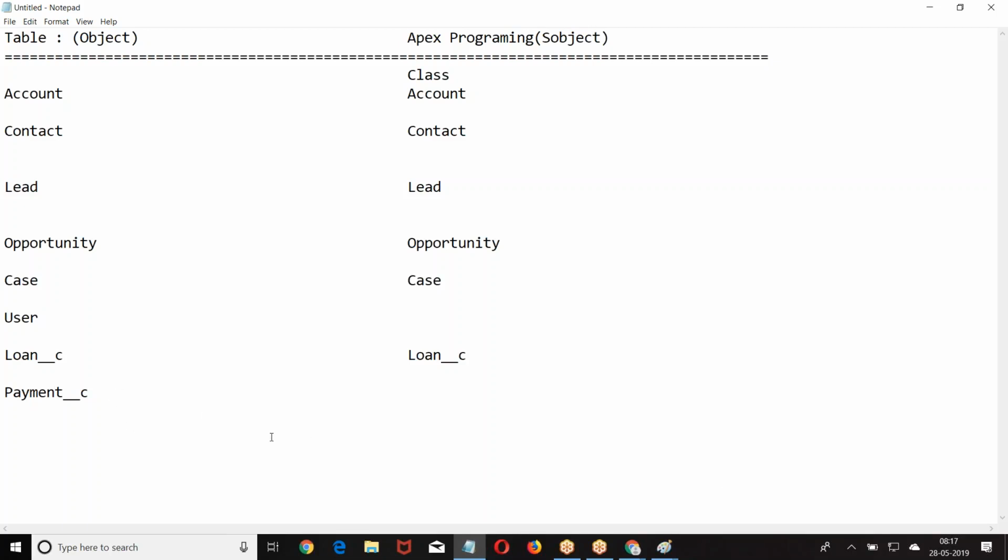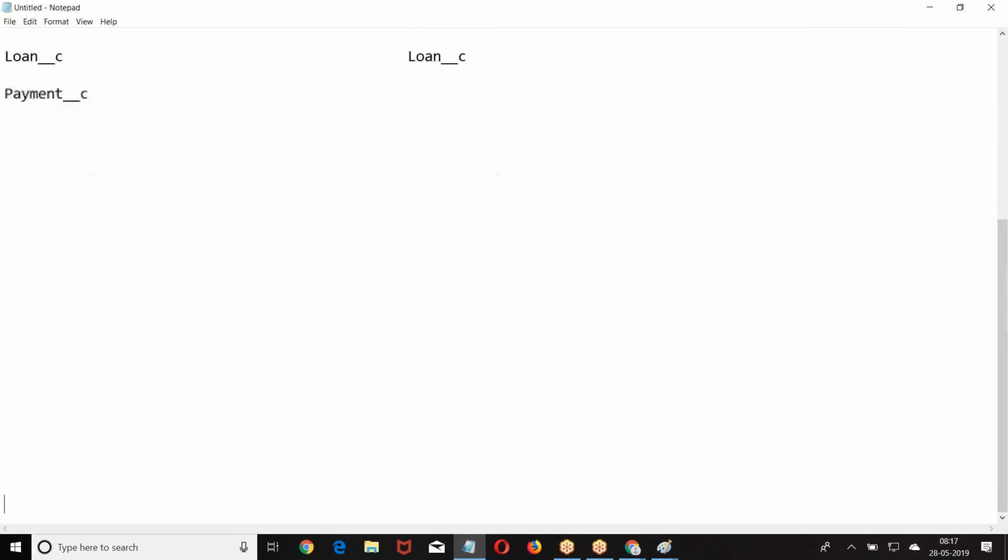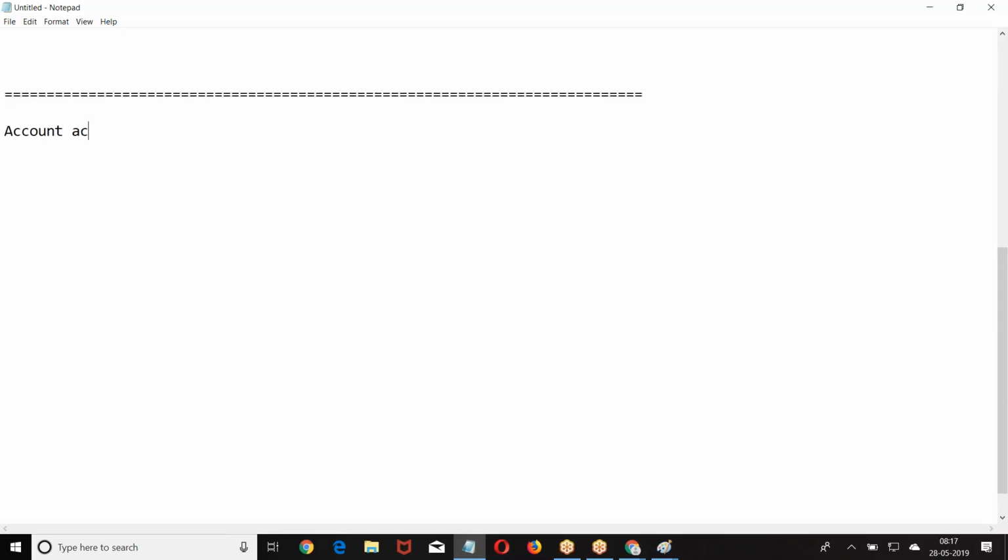Now, look at the point. So how do you take it? Account ACC. Is it a primitive variable or a reference variable? It is a class. ACC is a reference variable. If I want to use that reference variable, what should I do? Equal to new. What is the value of ACC?